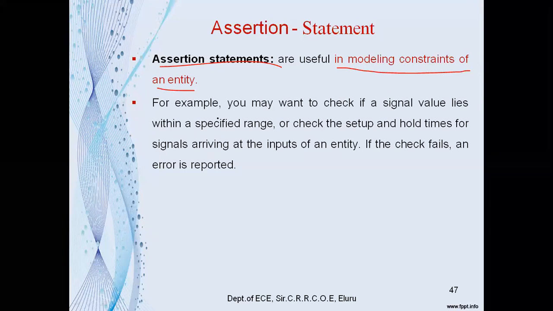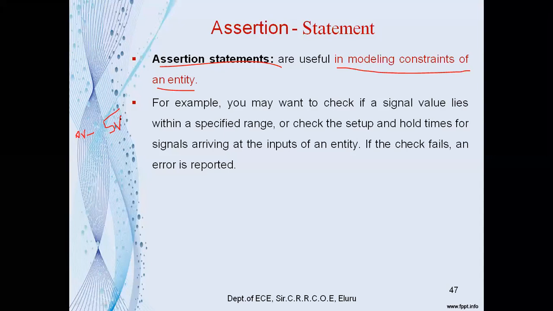So for example, let's consider a signal in the range 0 to 5 volts. Let the signal A be a signal which lies between 0 volts and 5 volts. This means that the A signal has a specified range, and the signal must be within that specified range only. To check the values of the signal, suppose the given input is more than 5 volts.